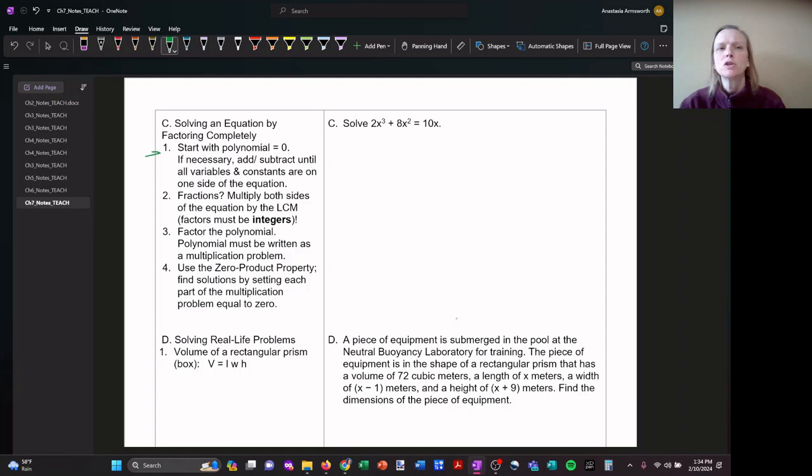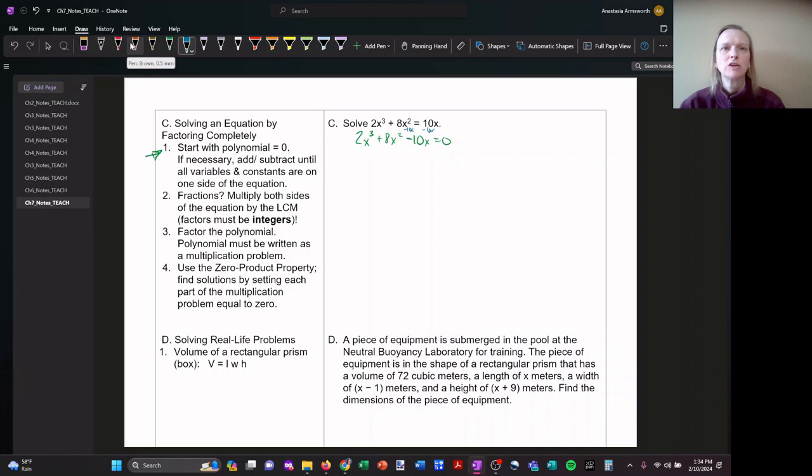So first, I need my polynomial to be equal to 0. This polynomial is not equal to 0, so I'm going to have to subtract 10x from both sides of the equation. So I'll have 2x cubed plus 8x squared minus 10x equals 0. I just subtracted 10x from both sides. Now that I've got my complete polynomial all on one side and the other side is equal to 0, I can work on